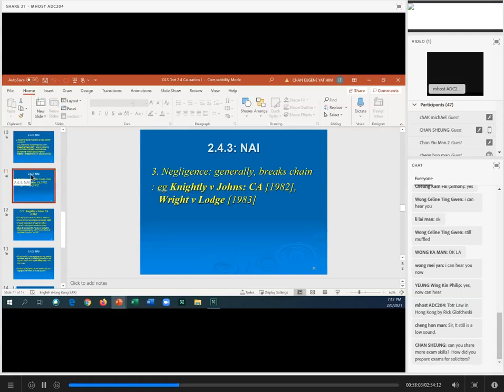So you notice that the facts are reasonably similar to Knightley and Johns. A car broke down on an unlit highway, so you're in the dark. The driver was negligent when she tried to restart the car without first moving the car from the roadway. Okay, well, if you're in that sort of situation, it's a bit of a stressful situation, an emergency. A lot of people find it hard to think straight when you're in such a stressful position. So anyway, she was negligent. She tried to restart her car without first moving it from the roadway.